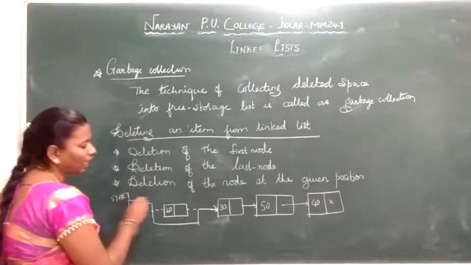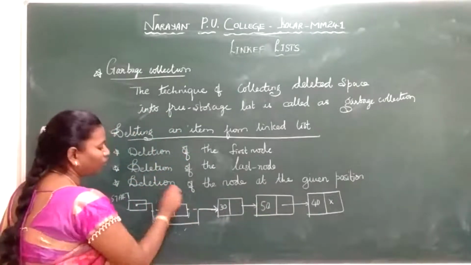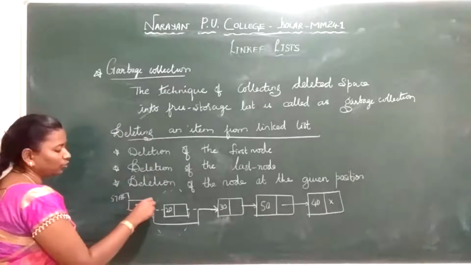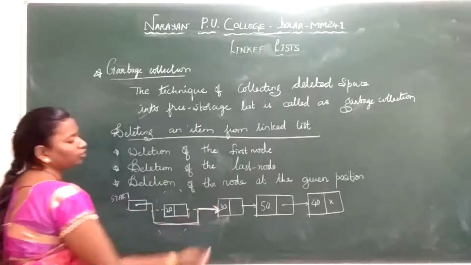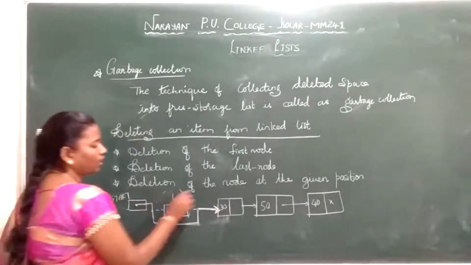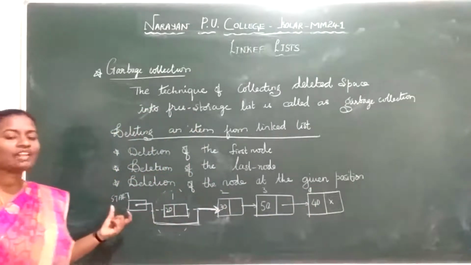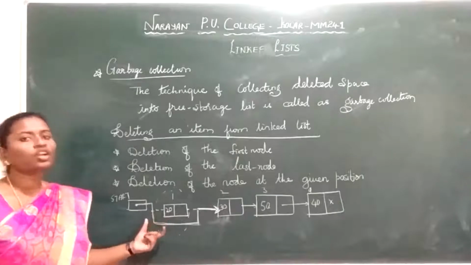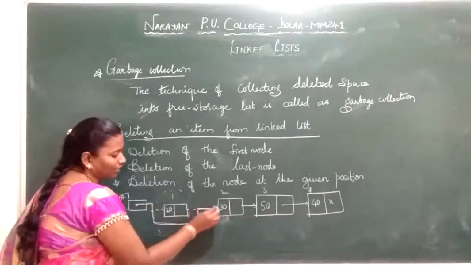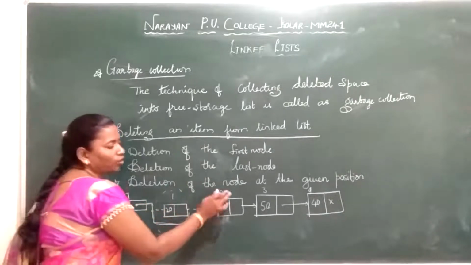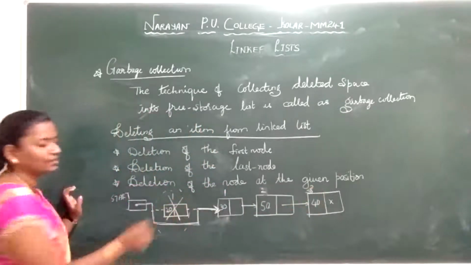Now I have start, and I have node 1, 2, 3, 4. Now I am going to delete at the beginning. When I want to delete, you first have to remove the starting address, the link field of this; start has to point to the second node. Since you are removing the first node, start always points to the address of the first node, so you delete this address and give the second node's address. When you link it to start, your second node becomes the first node, this becomes 2, this becomes 3, and this node gets deleted.